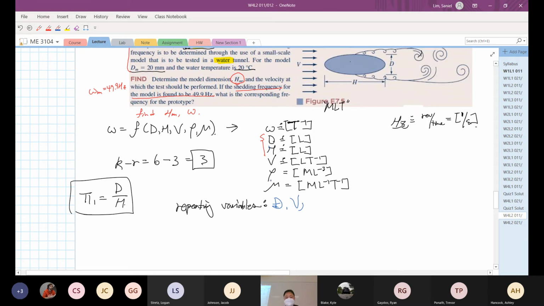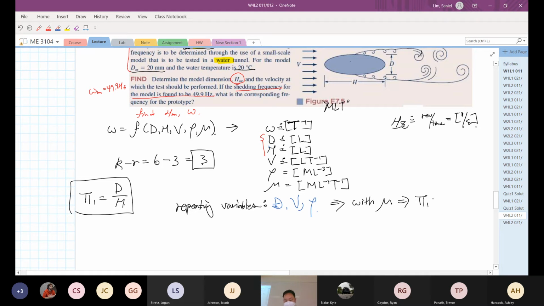There's one choice. There are 2 choices between the rho and mu now. Of course, we always pick rho first since it doesn't have any time unit, but you can choose mu and manipulate the pi term later, but usually we pick rho here. Okay, so we have done this at least twice or 3 times. When you pick the repeating variables D, V, rho, and mu,